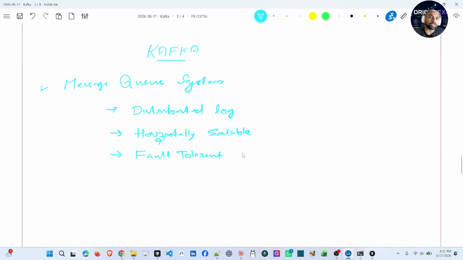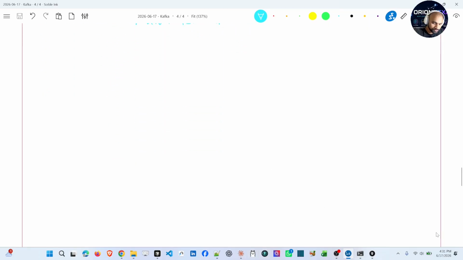Before Kafka, before 2011, whenever there was a service, suppose I have one service called order service, I have a payment service, an inventory service, and something else called analytics service.